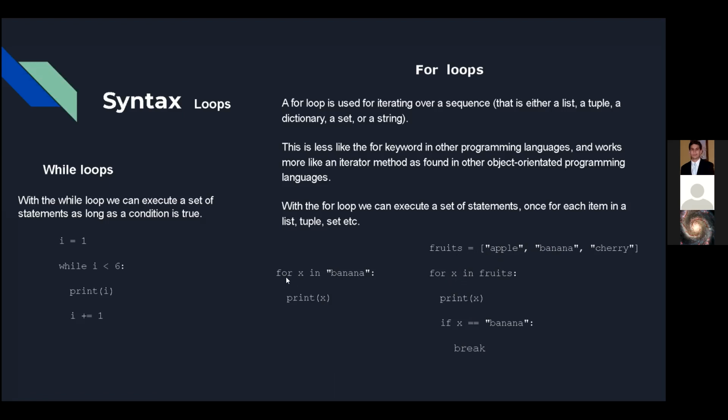So basically for a for loop, you just have the for keyword, right? You specify how you want to call what you're going to be traversing, like your container for each pass that you're going to go around that array or that set of characters or strings or nodes or basically anything you put in there. And this is an example, right? In this case, we have a list, and in this list, we're traversing fruits, right? So we're traversing it, and we have an if statement. This is what I wanted to talk to you guys about.